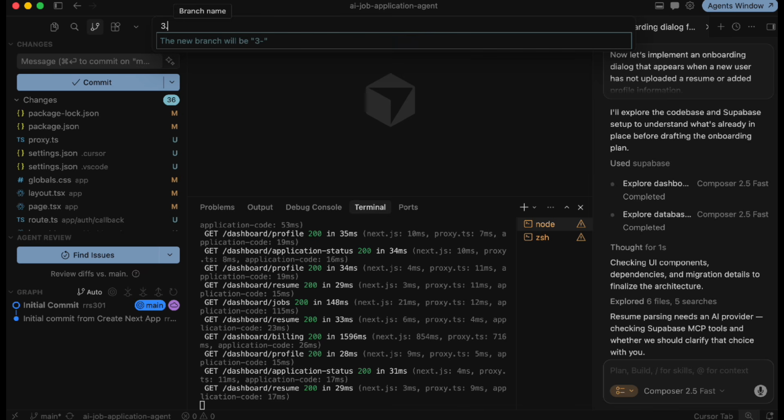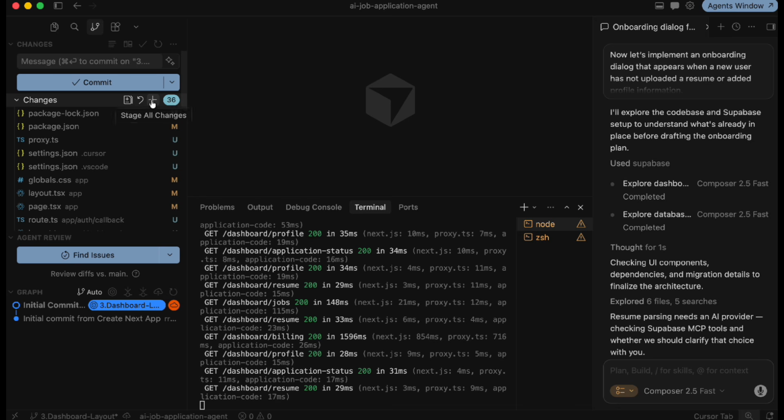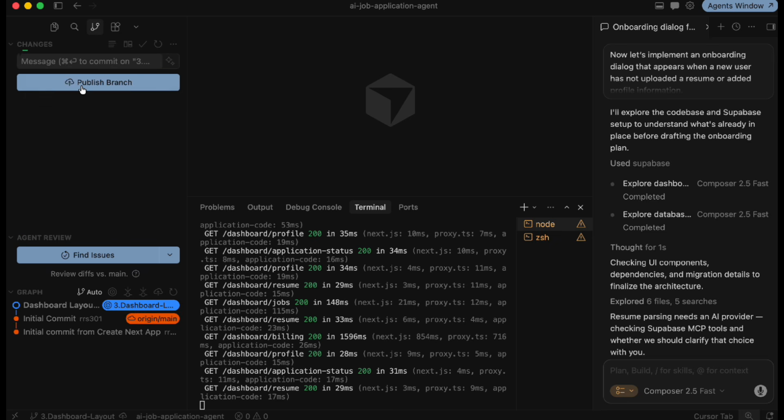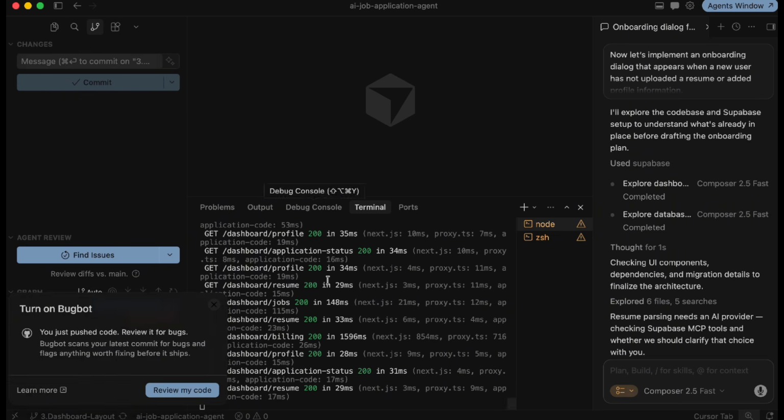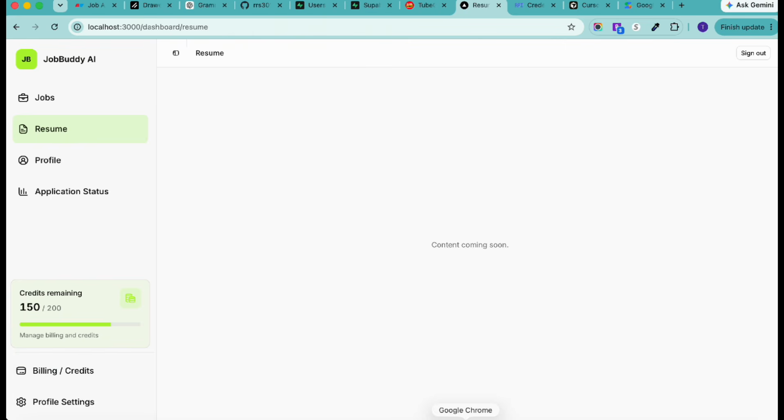So we'll say database, not database, dashboard layout. Okay, and then hit enter. Then stage all of these changes and give the changes name. So here we'll say dashboard layout plus auth. Okay, and then simply say commit. Once you say commit, make sure to publish your branch, and then once the branch is published, we'll go back